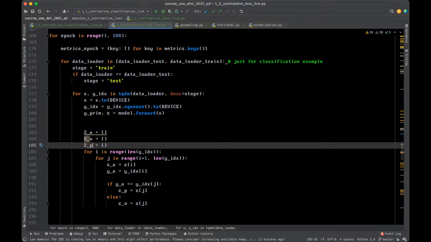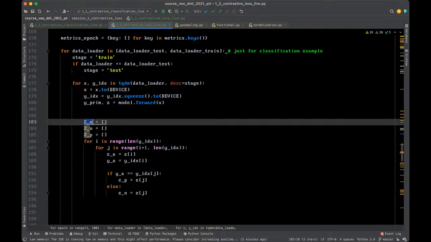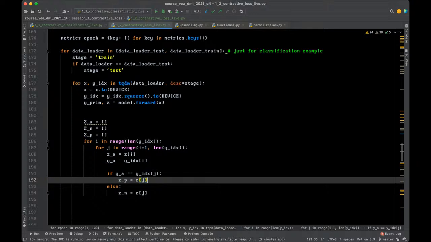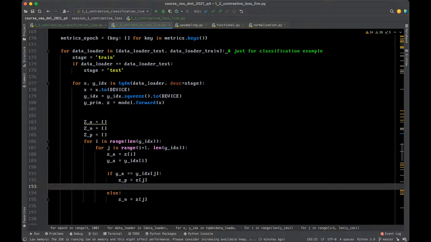Negative samples, positive samples, and so on, right? So then we would add them. So here in this case is append z a and append z